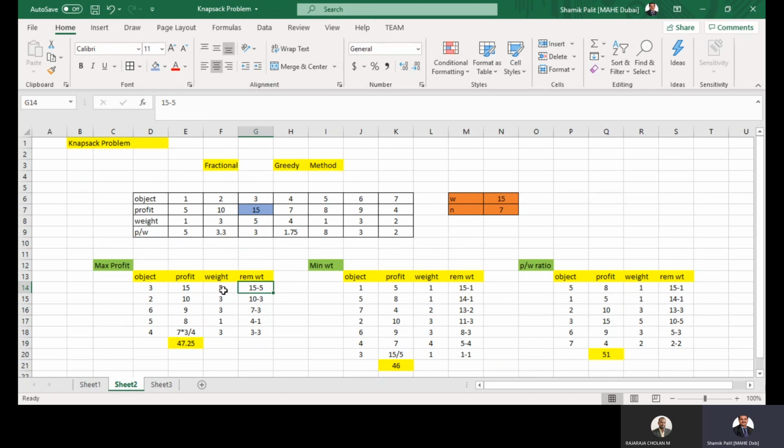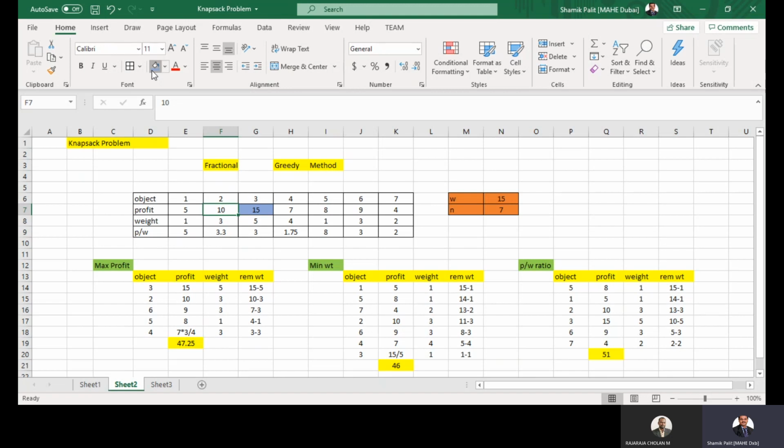Now what is happening over here? So we have considered 5. In the next stage, you have to take the next available profit. So after 15, 10 is the maximum profit. So we will mark 10. So we are taking 10 next over here. And what is the weight associated with 10? It is nothing but 3. So we have considered it as 3.